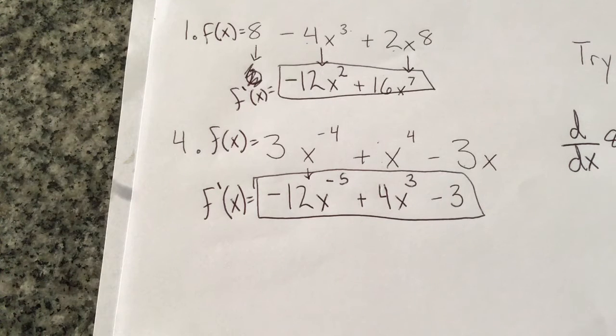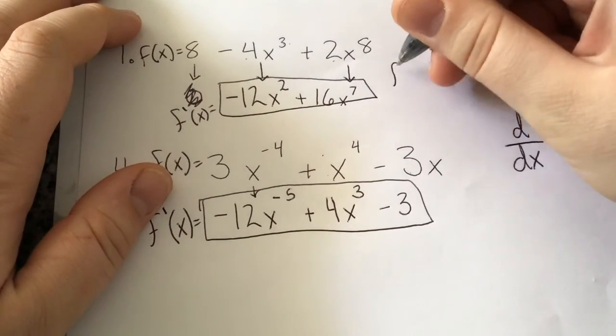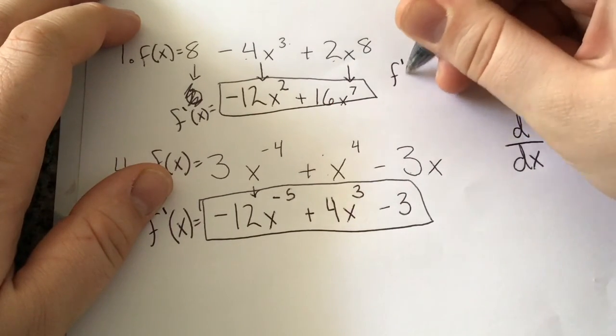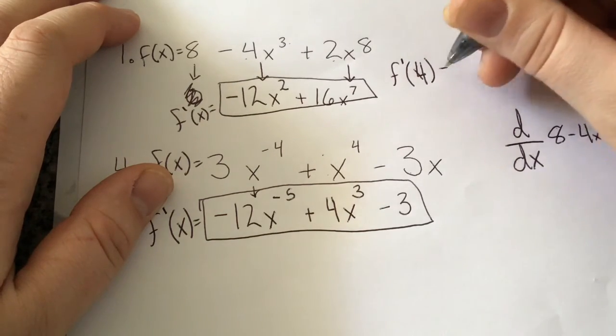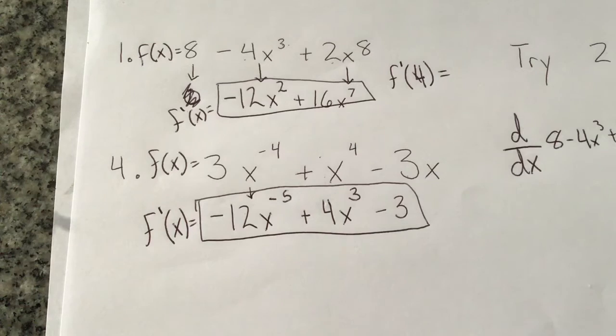How we denote a specific slope at an x value on the line is very similar. We would write it like this. Let's say we want to find the slope at x equals 4. Then what we would write is the derivative of f at x equals 4 is whatever we find it to be. Now, to find the derivative at any given value of x, all we have to do is plug that